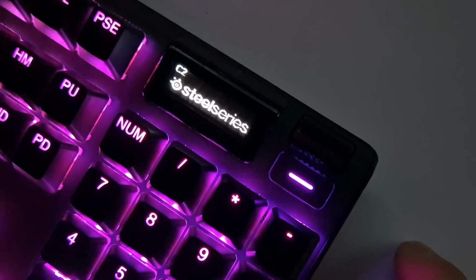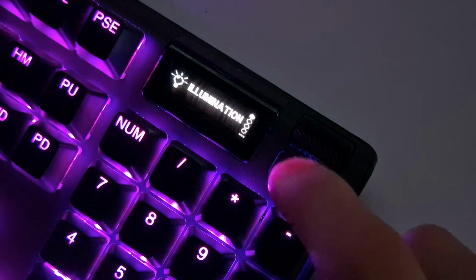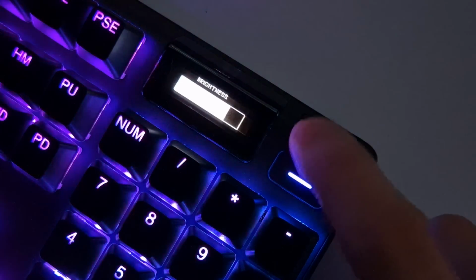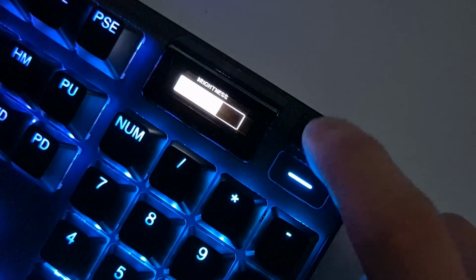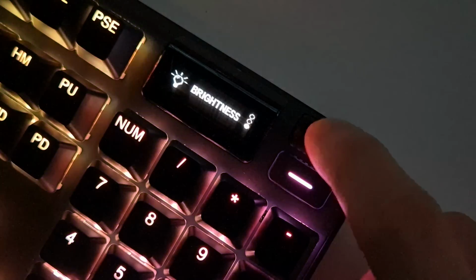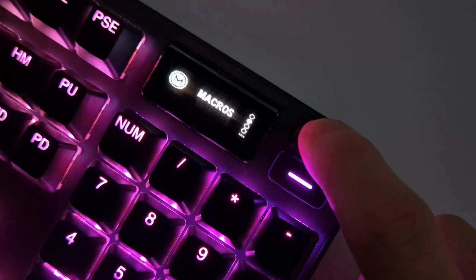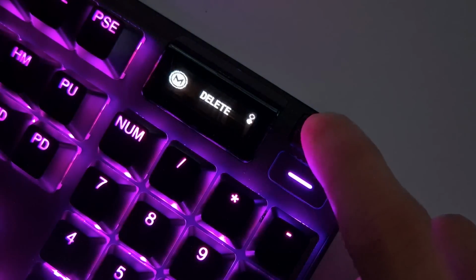And now I want to turn back to the keyboard and show you a quick demo of the OLED screen. So the button under the volume knob acts as a play or pause button when clicked once. If you press it down and hold, you get access to a menu that allows you to adjust a couple of things on the fly. This includes adjusting illumination, such as the light mode and brightness of the keyboard. You can also directly record macros as well as load custom